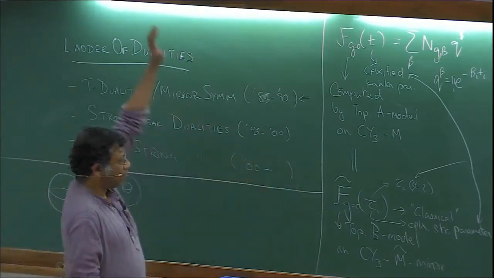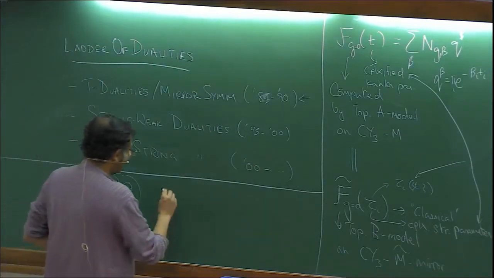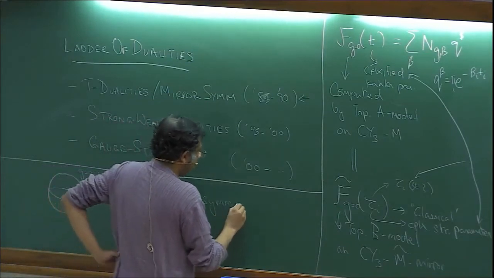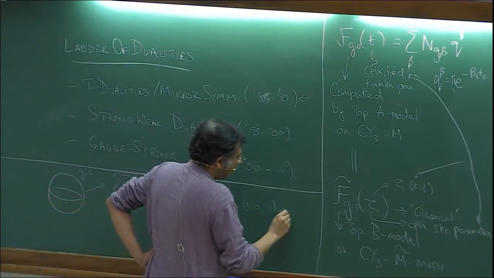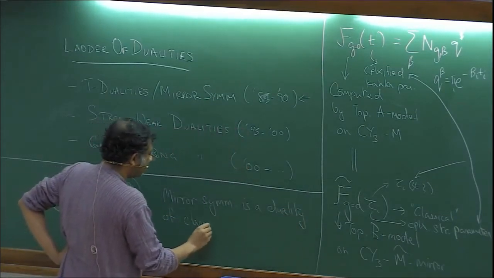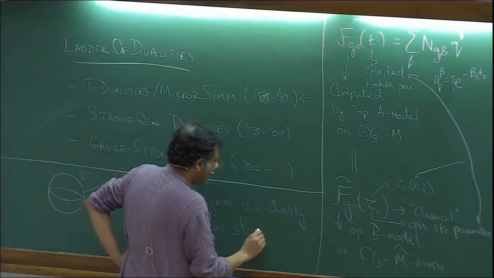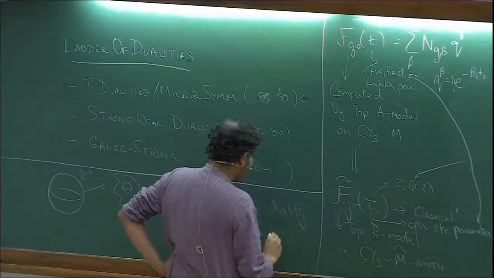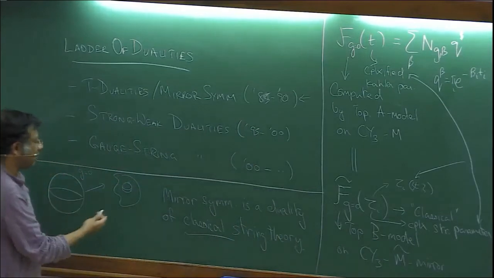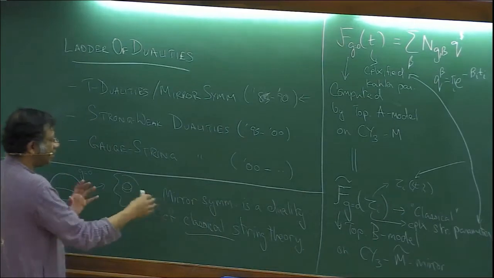And this is true genus by genus. So you say this mirror symmetry is a duality of classical string theory. This classical is different from this classical. This is more classical differential geometry. But here, classical string theory refers to the statement that it's true term by term for each